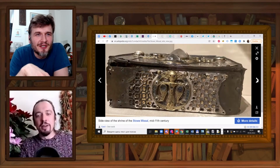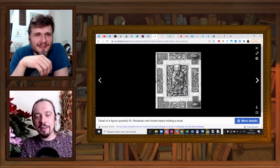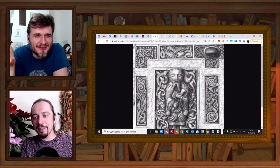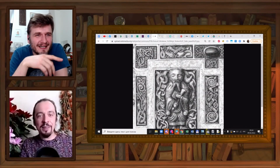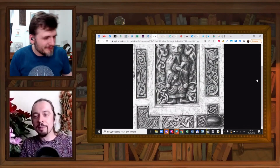This looks like Mother Goddess. It's a stage between the carved books that we can see on some churches and the book itself, the book with pages. And these sculptures, or parts of the sculpture, that's, by the way, something we wanted to talk